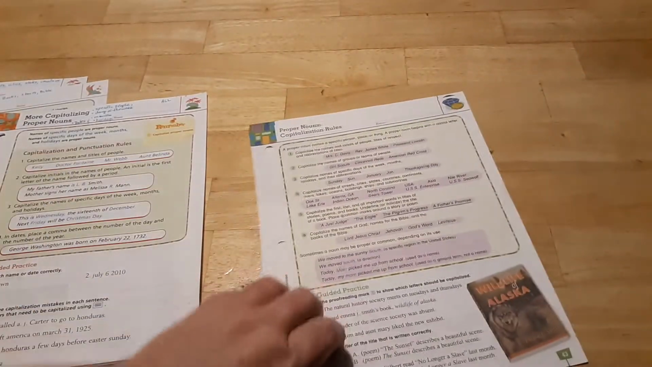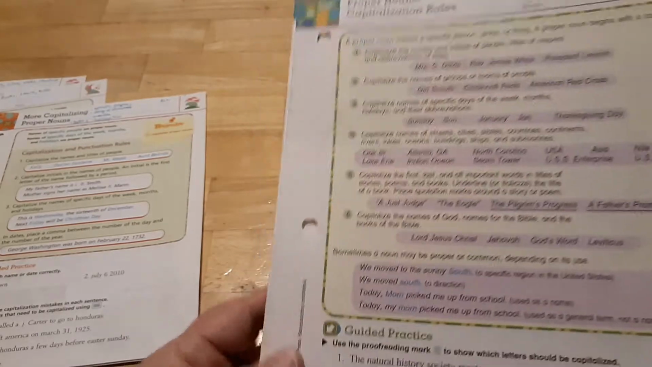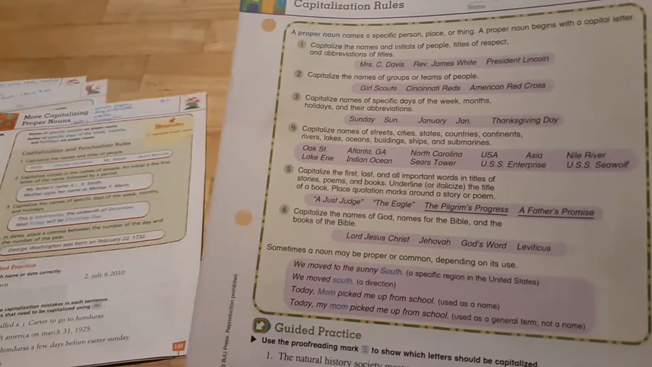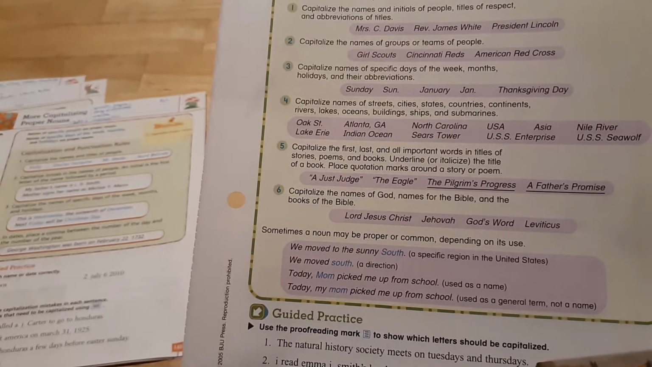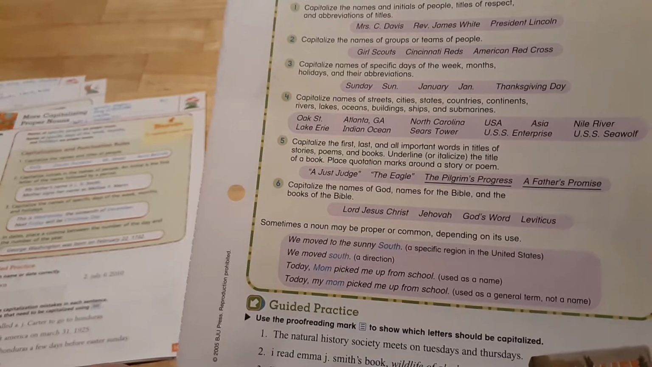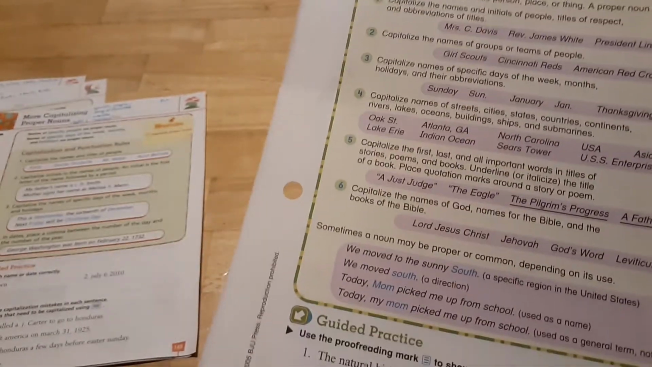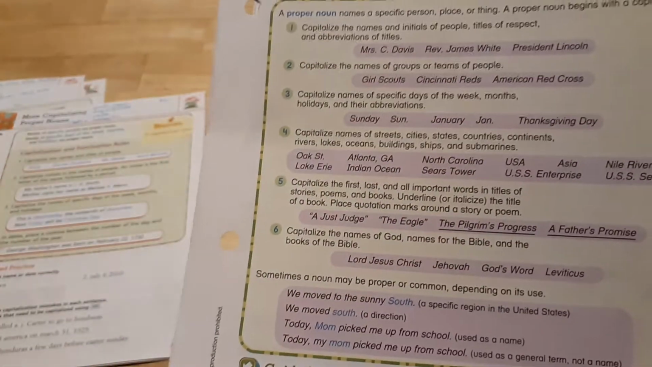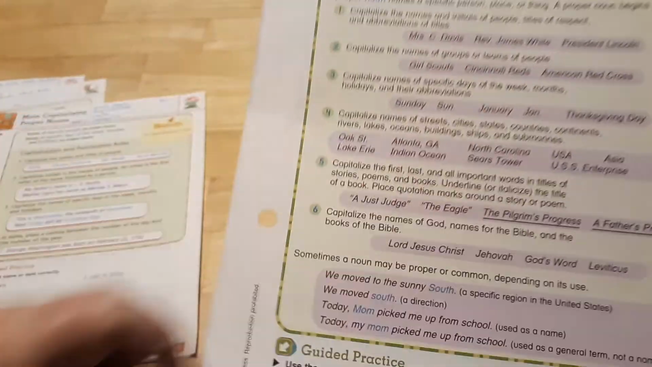And then for level 5, they have an introduction of proper nouns as a specific person, place, or thing. You capitalize the initials of people, titles of respect, abbreviations of titles, which is the same thing that the other lower grade levels covered. Mrs., Reverend, President Lincoln. Okay, they're also reiterating the groups and teams,